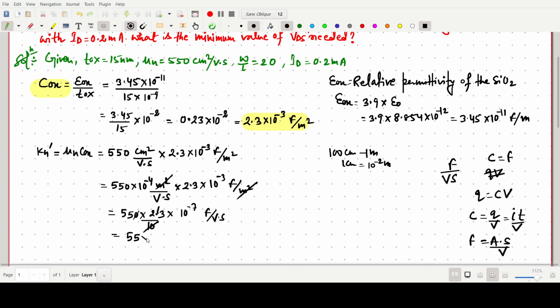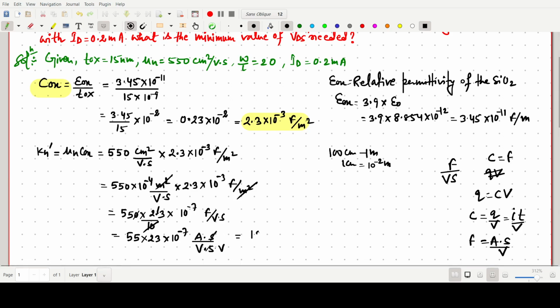So once again we have to go step by step into 10 to power minus 7. Instead of farad, one can write ampere second per volt, and second, into volt. So ampere per volt square. Now we have to multiply 55 into 23. So after solving, it should become 1265, okay, 0.5 micro. If we put 10 minus 1, after solving it will come micro ampere per volt square. We have already solved this one,